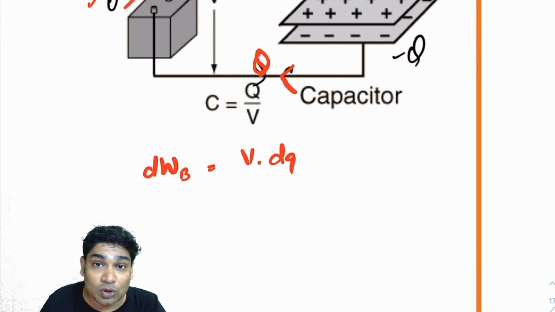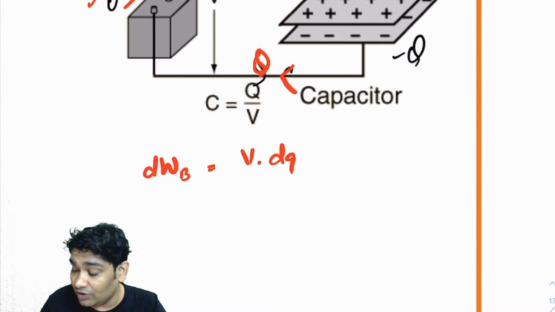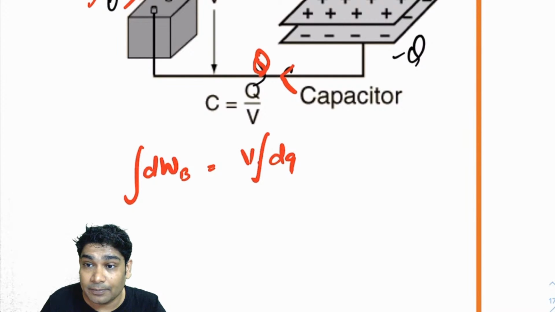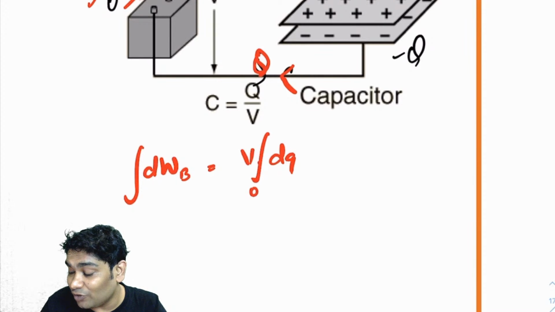This dq has to cross a potential difference of V. When you integrate this, the potential difference remains constant, and this charge will go from 0 to capital Q. You will realize the work done by the battery